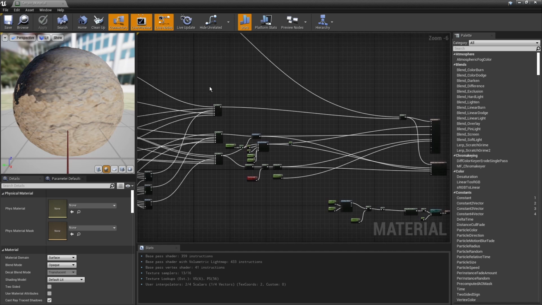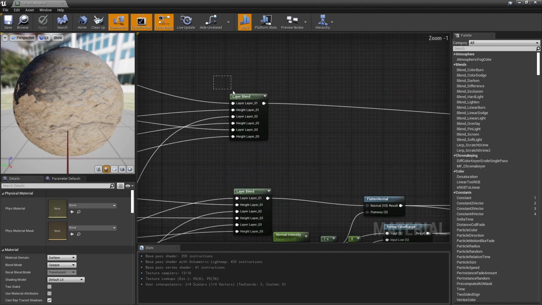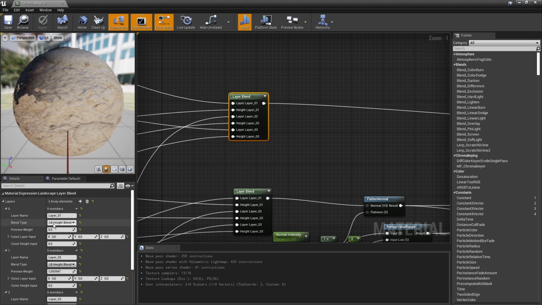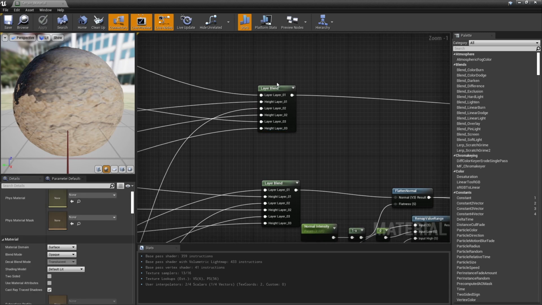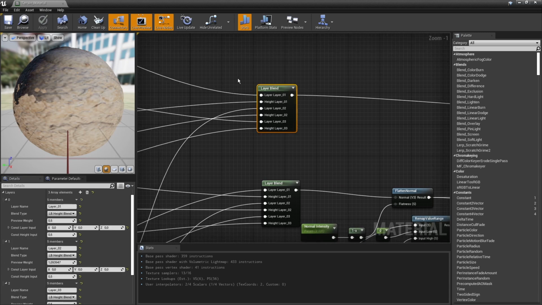Now the first node that is really important here is the layer blend. And the layer blend will be using the layer names that we made in Houdini. So layer 1, 2, and 3 of course. So they will have the same names here as well. So we're going to use this to blend different